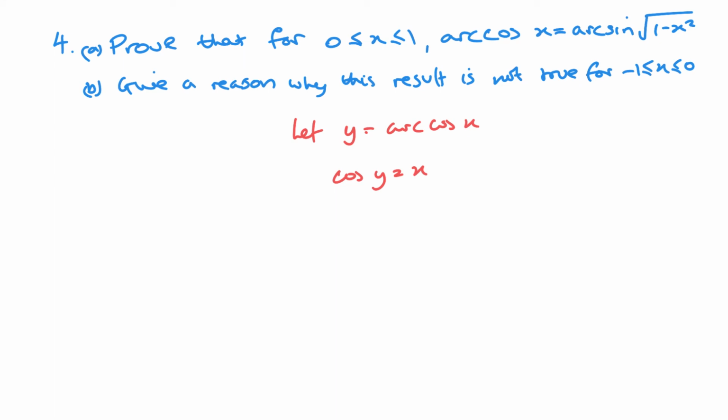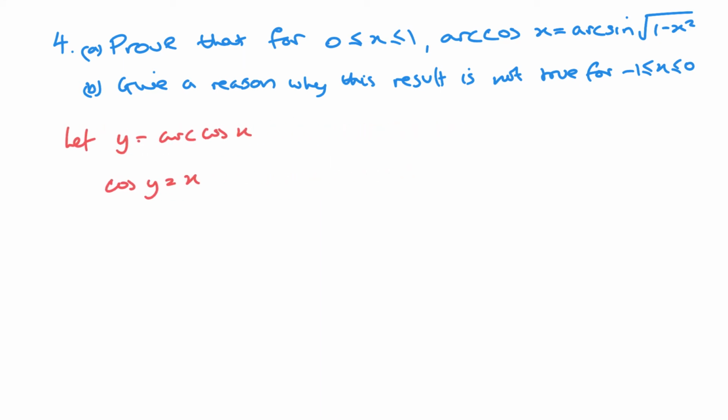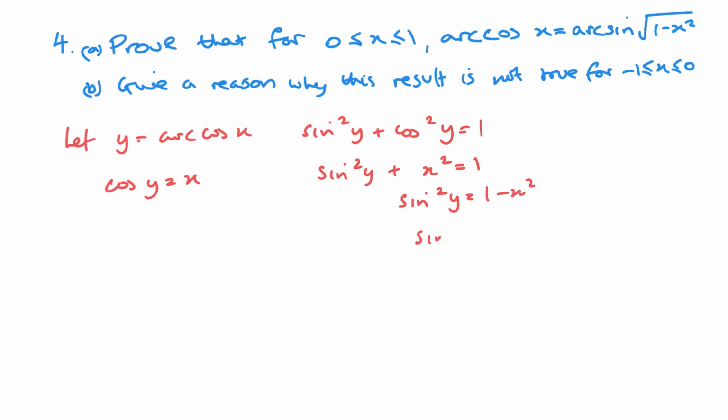Then, using sine squared y plus cos squared y equals 1, and substituting in, we're going to get sine squared y plus x squared equals 1. So sine squared y equals 1 minus x squared. Sine y equals root of 1 minus x squared, which will be positive because it's between 0 and 1,